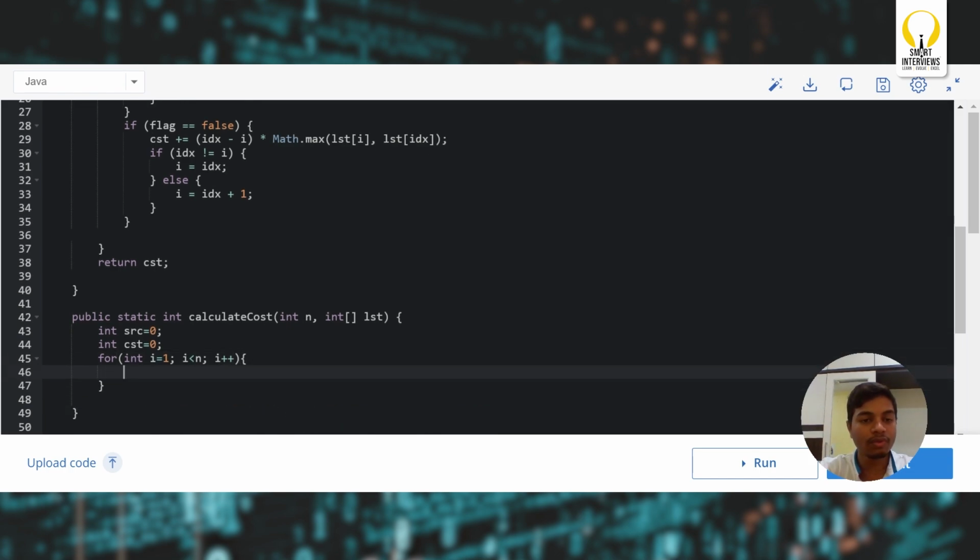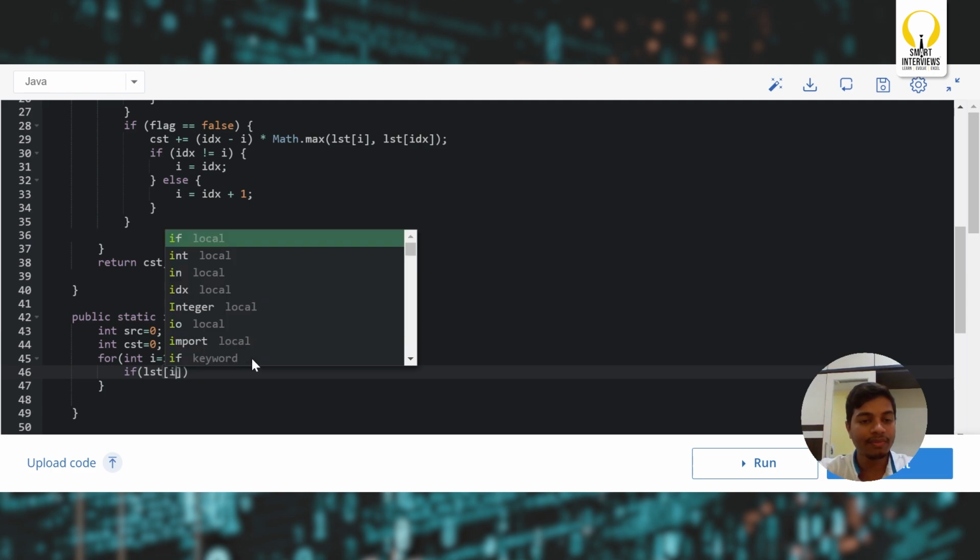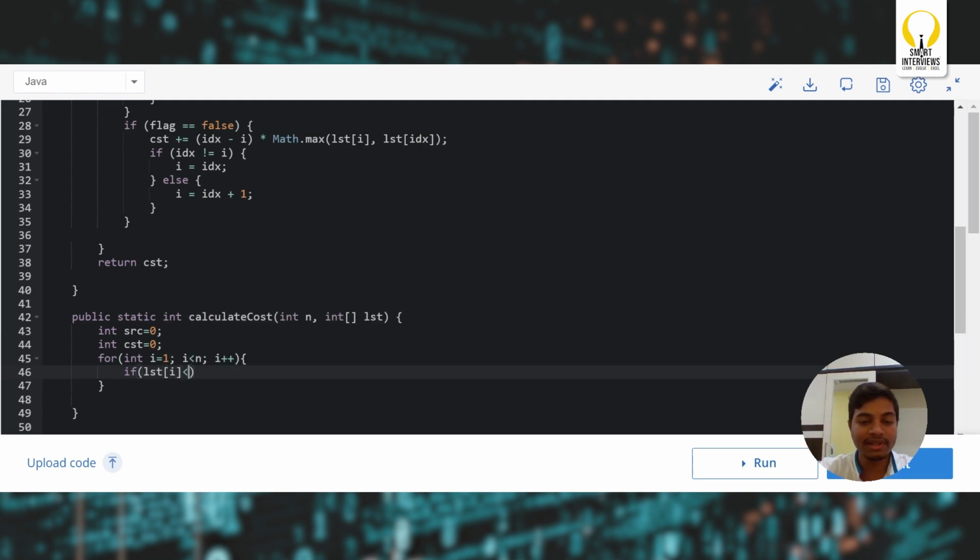Yes, in this, what we're supposed to do: if lst of I is less than or equals to lst of src, what we're supposed to do? If this is the condition, if lst of I is less than or equals to lst of source, then